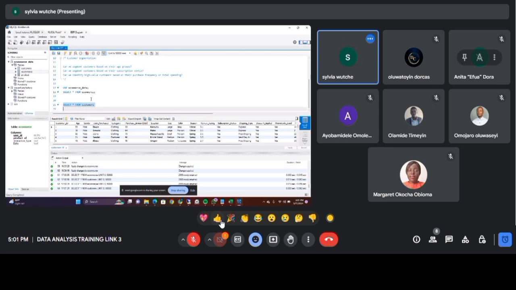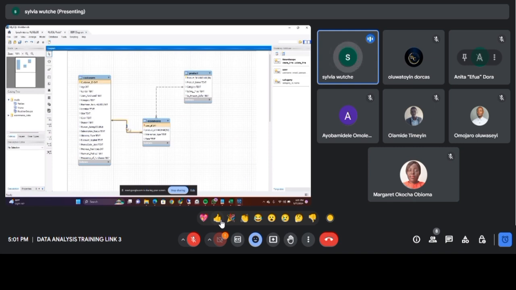So, there's our diagram again. This should be one-to-one, because our customer is just appearing one time here. In a real one-to-many relationship, our customer will appear like 5 times, or 2 times, even if it's one. But as you can see, this is just unique, and also this is just unique. So I don't think these tables are actually related to each other. There's no other column here to base on